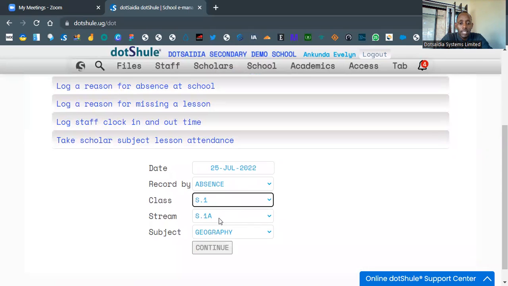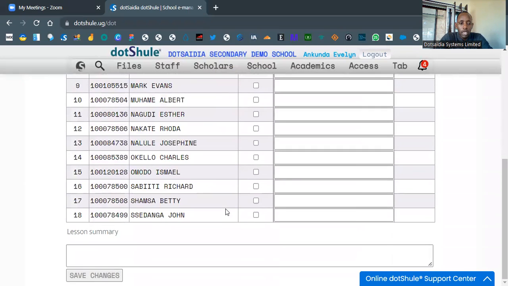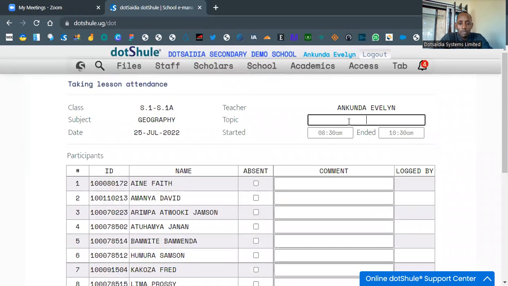The class is Senior 1 and the stream is Senior 1A. Already, as a subject teacher for geography, geography will be brought right there under subjects. The moment I click continue, this is where our class list is. Now I'm going to write some brief about the topic that I'm teaching about on this date, and the topic is about environmental conservation. My lesson began at 11 a.m. and it ended at 12